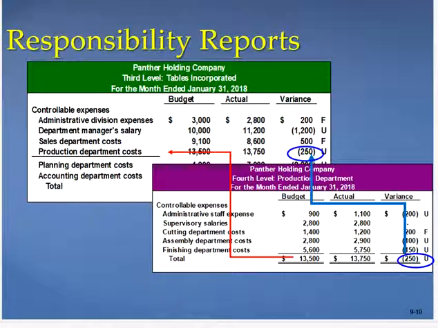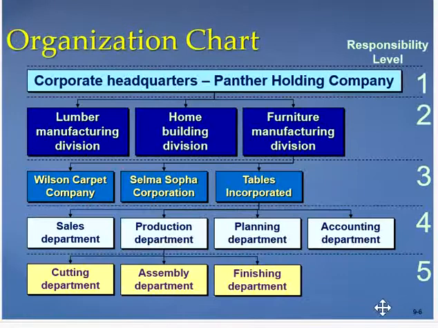And then the last level, which is again go back to these departments, cutting, assembly and finishing department, right? We are digging it down to the last level to find out the responsibility,